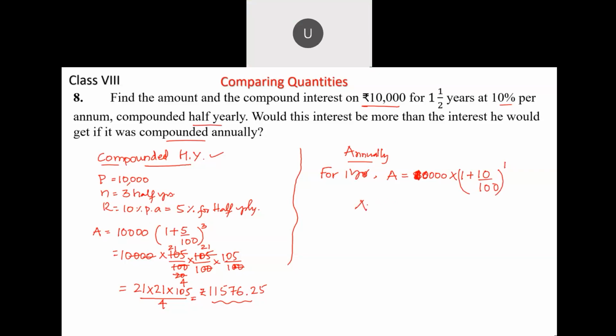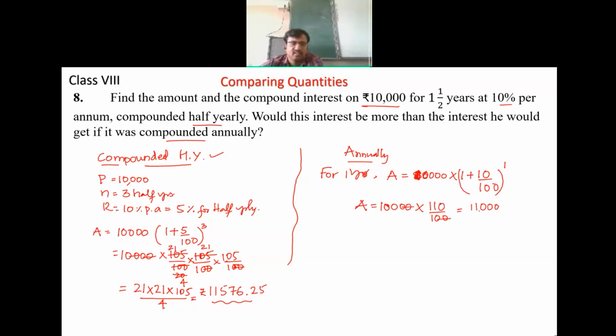So the amount will be equal to 10,000 into 110 divided by 100. The zeros cancel. Then 11,000. Correct. This is the amount at the end of 1 year. And the simple interest for the next half year: the principal for the next half year